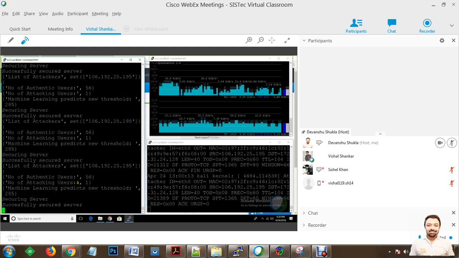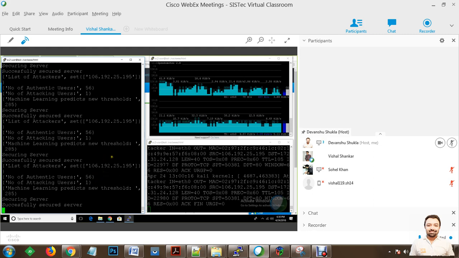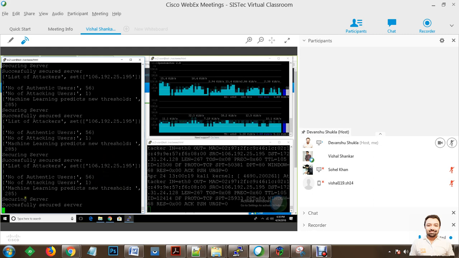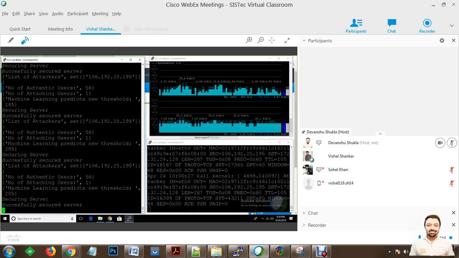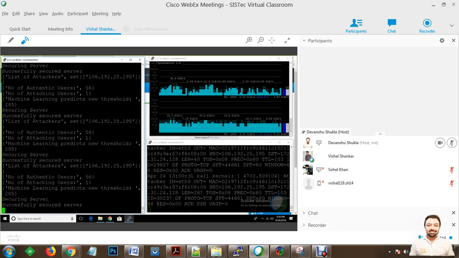So in case the number of attacking users and the number of actual users change, accordingly we are going to get the threshold frequency changed, and due to the change in frequency we are going to be able to allot the resources in an appropriate manner so that our authentic users will be able to connect to the server at any time.